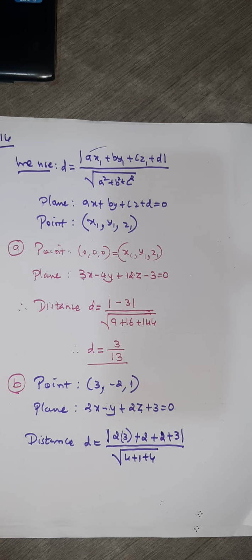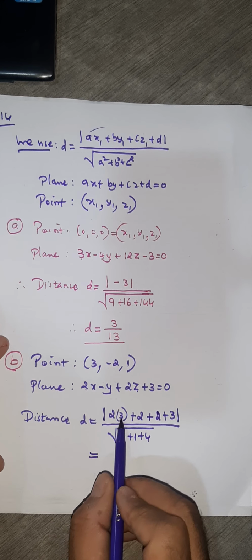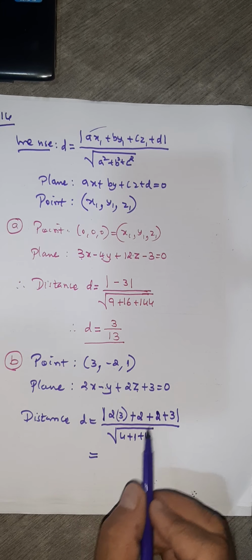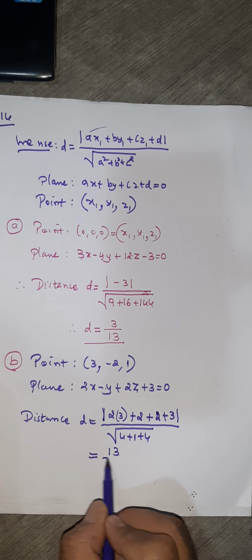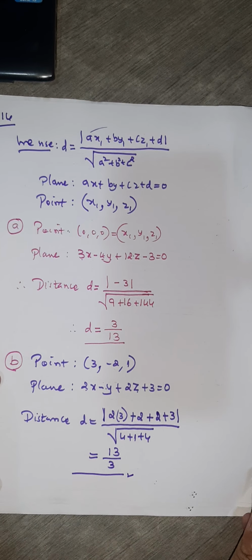So if we simplify this here, the numerator will be 13 upon root 9, which gives us 3. Okay,